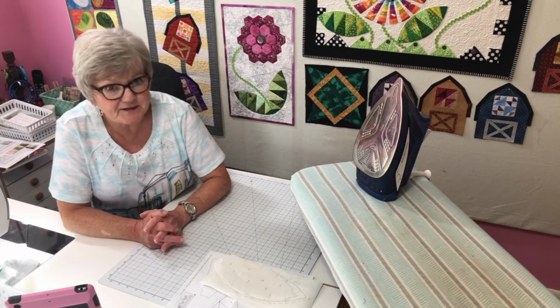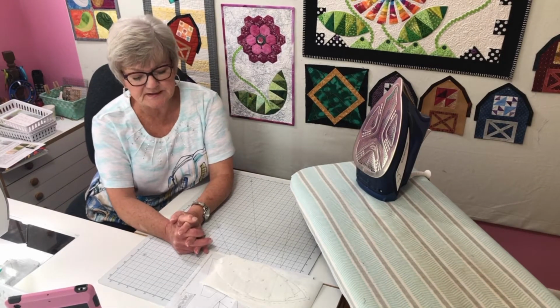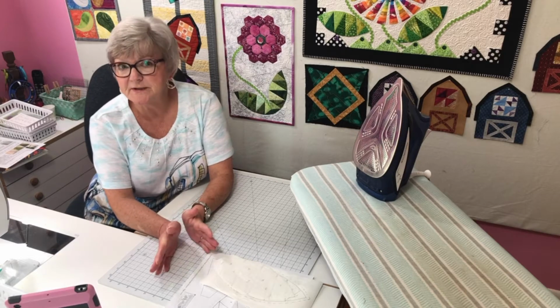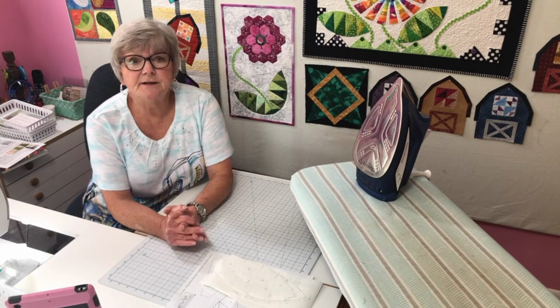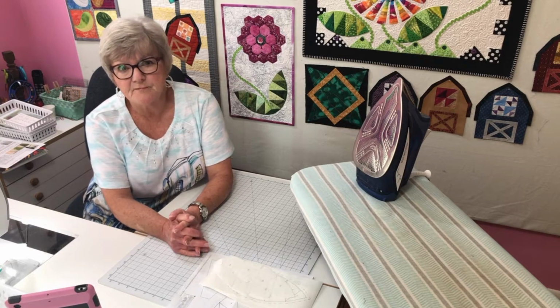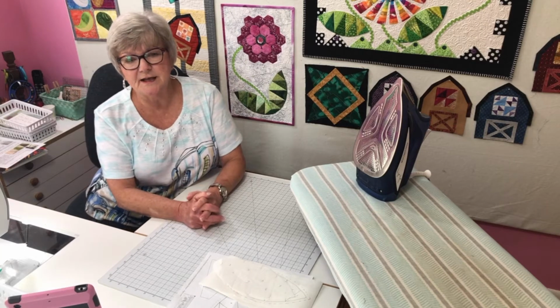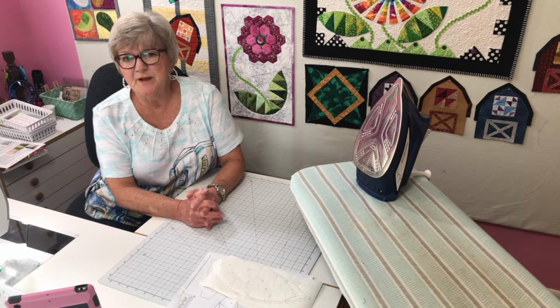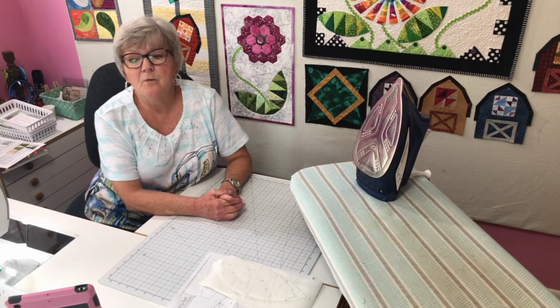I'm Claudia Lash, and today we are doing foundation paper piecing using freezer paper. Hopefully you can watch this. I don't know if you'll be able to sew along while I'm doing this, but what I will tell you is